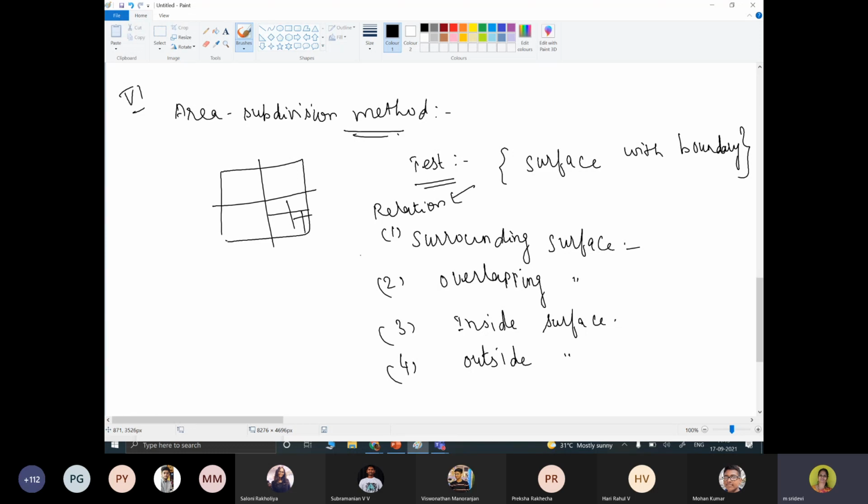So how can we represent these? Let us take the boundary or the area as this rectangle. So I mean square. I'm considering one square. The first case is surrounding surface. The surface completely encloses the area. The object I'm using in a different color.